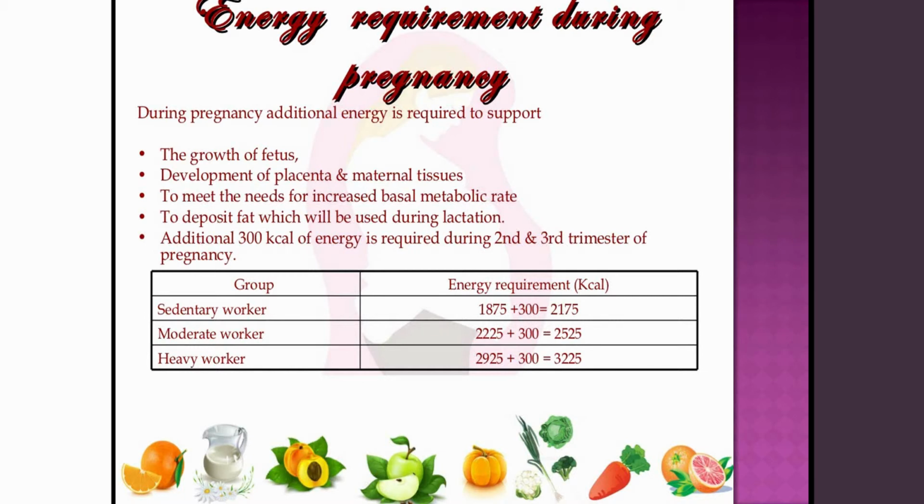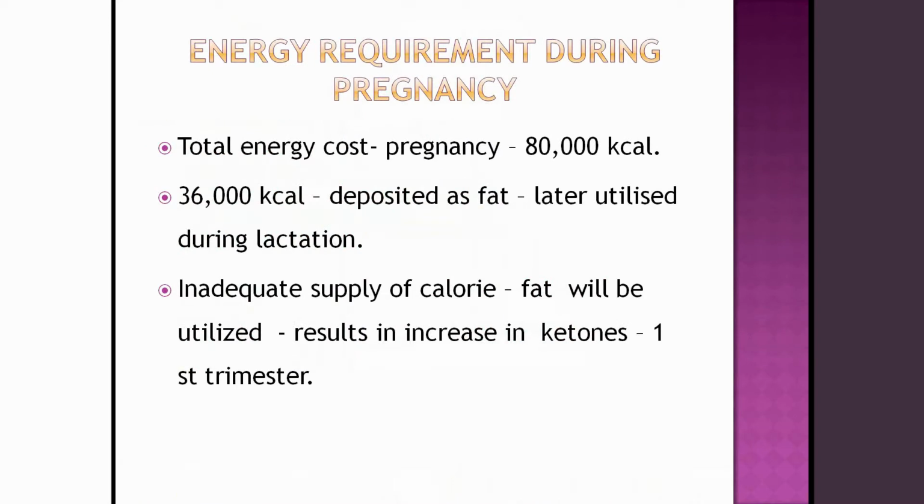the pregnancy. So in total, over the whole pregnancy, we are spending 80,000 calories. Of that, 36,000 calories is deposited as fat. Later we use this deposited fat during our lactation time. With an inadequate supply of calories, the fat stores will be depleted during the pregnancy, so there will be production of ketone bodies. This is usually seen during the first trimester because they are not taking adequate nutrition during the first trimester